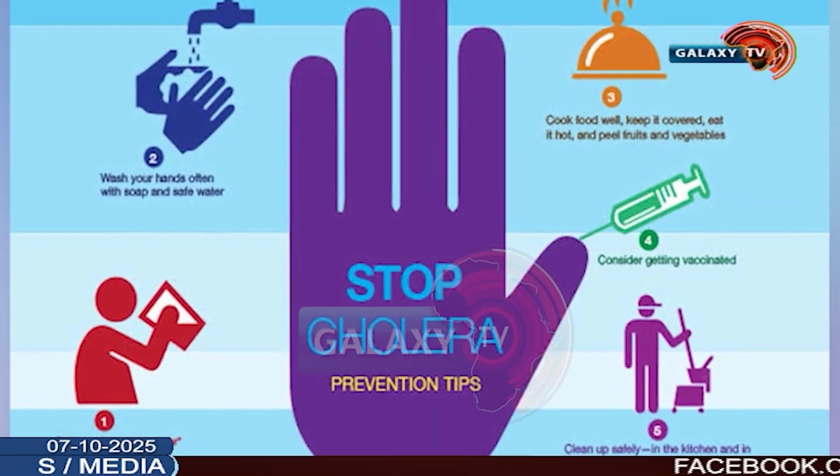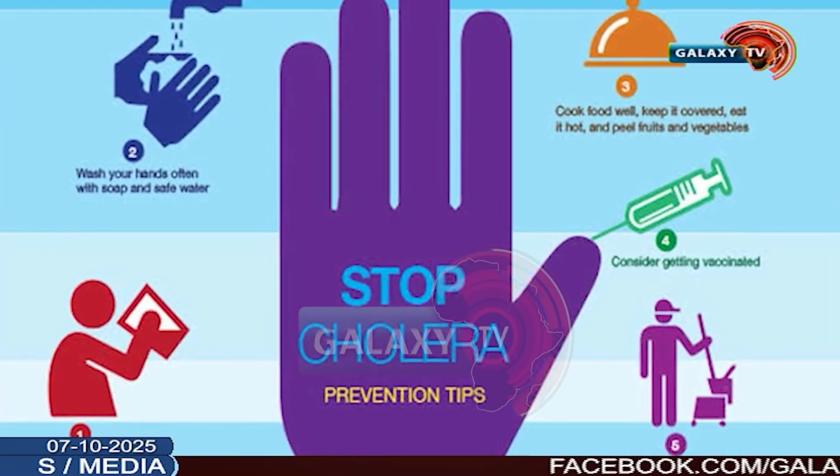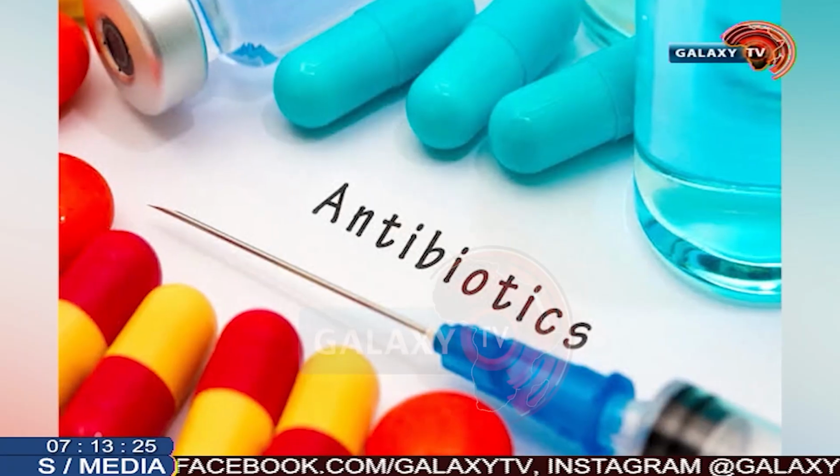But if the people are vomiting profusely and they can't drink, they should receive fluid replacement through the vein, intravenous fluid. So rehydration is key when they arrive at the hospital. When they are rehydrated, the second thing will now be to give antibiotics in cases that are moderate or severe. It's important.